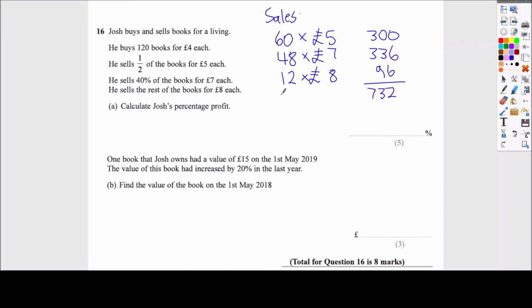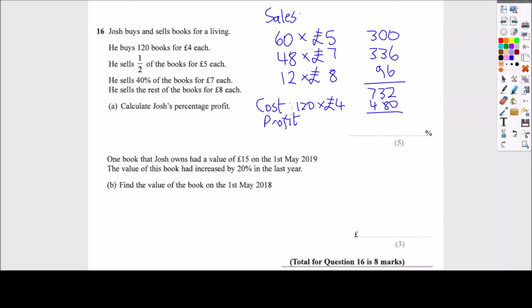Now the cost of the books, all 120 books were £4 each, so 120 times 4, which is 480. So our overall profit, the sales value take away the cost, is 732 minus the 480,